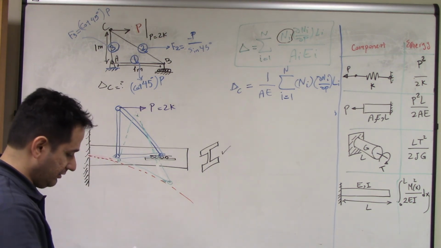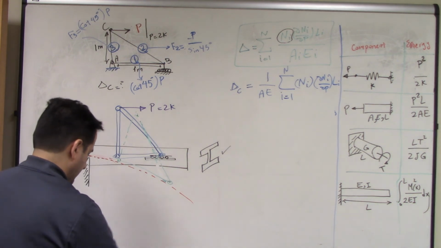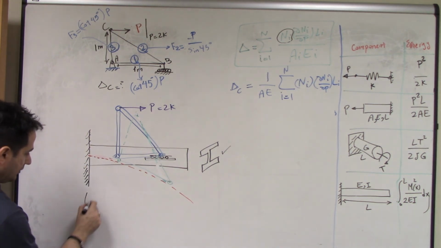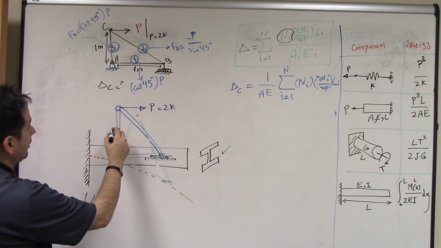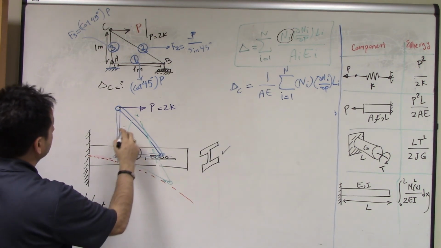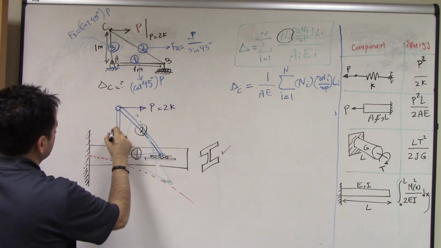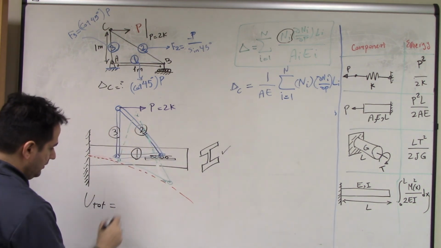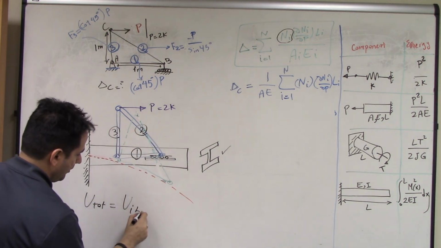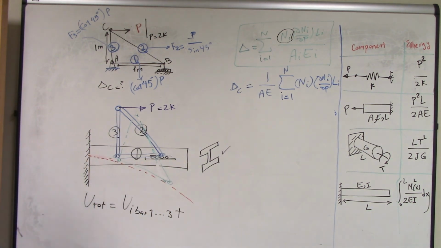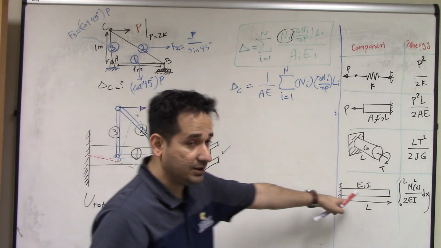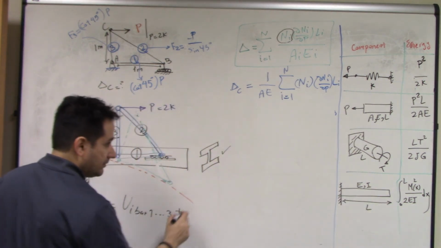Let's say the internal energy of the entire system, U total, is the internal energy of bar 1, 2, 3, right? So U of bar 1, 2, 3 plus the internal energy of the beam, because we have a beam here, and that's going to be plus